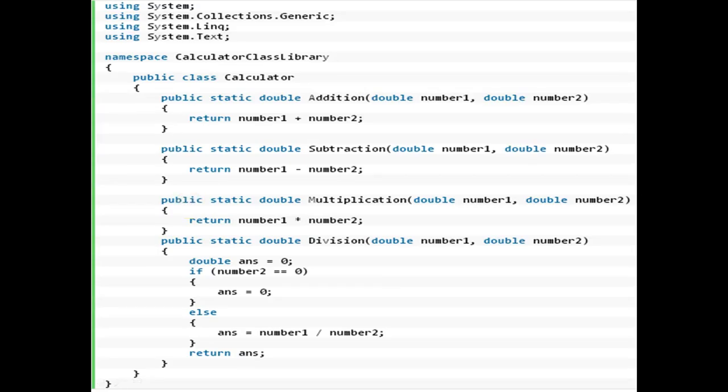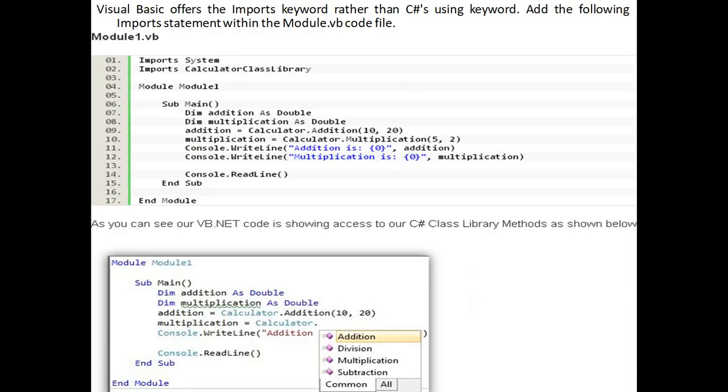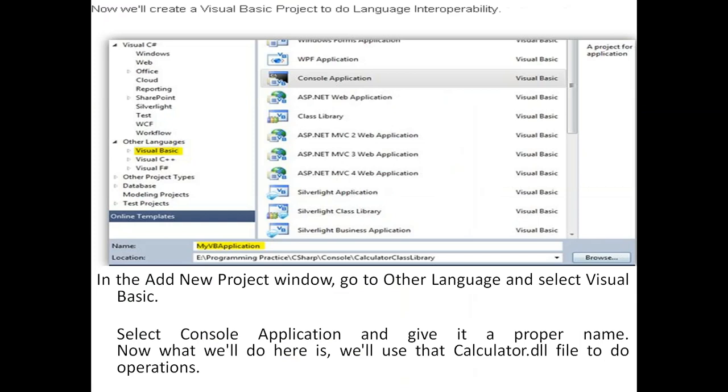This is the class library, already built by the programmer, and we will execute the program from Module1. So Module1.vb will execute first, and this Module1.vb is inside my VB application.